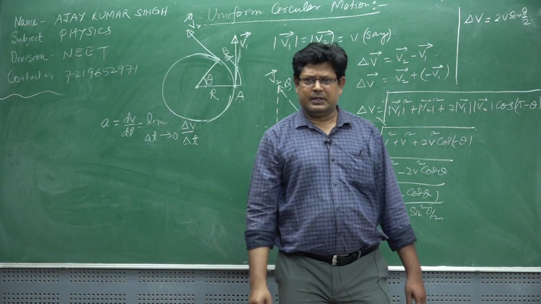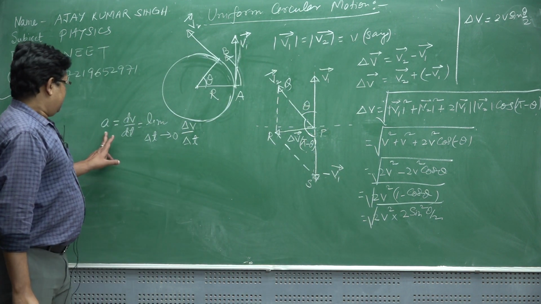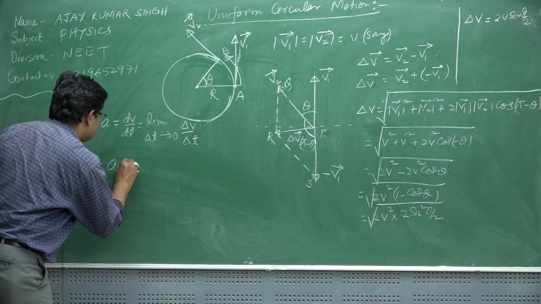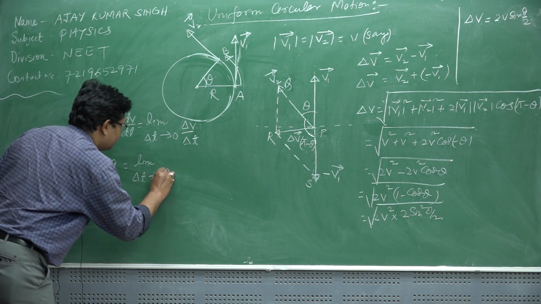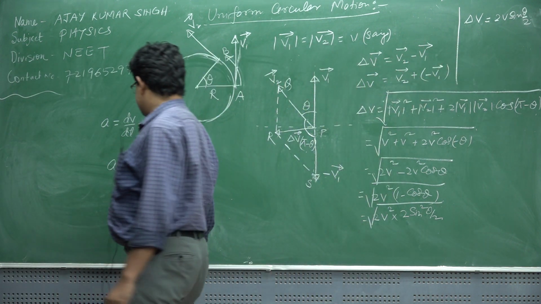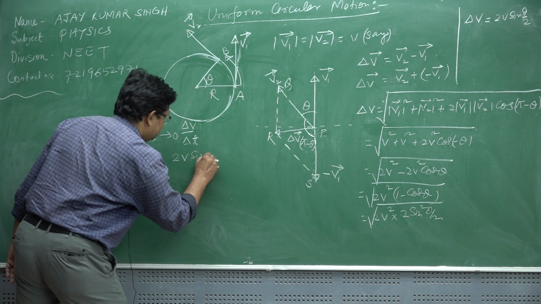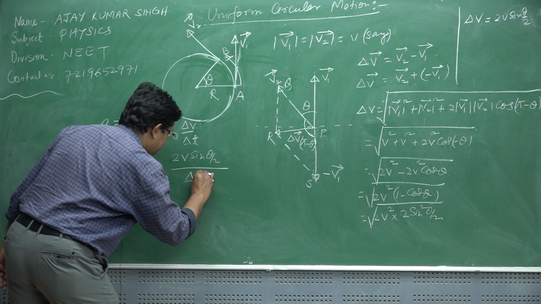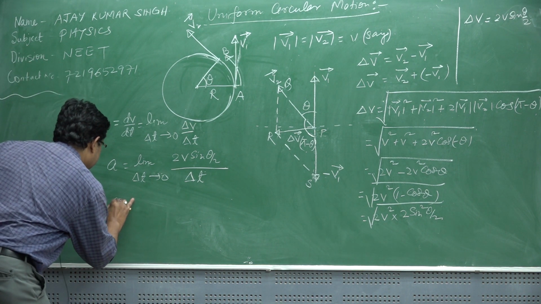This is from the definition that dv divided by dt is the acceleration, and therefore acceleration will be this much. So we can say that acceleration is equal to limit delta t approaches to 0. And what is delta v? Delta v is 2v sine theta by 2. So we can say that twice v sine theta by 2 divided by delta t. But what is delta t? Delta t is t. So we can say acceleration is equal to